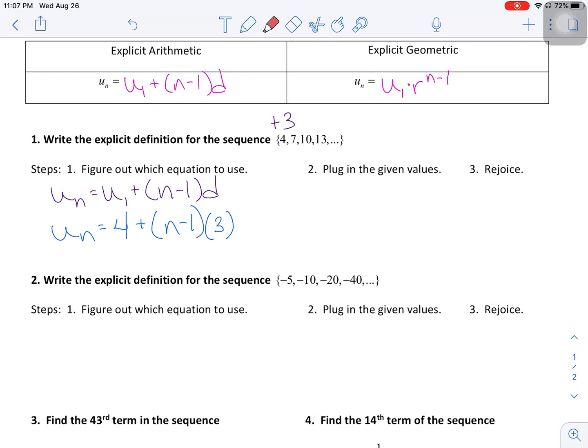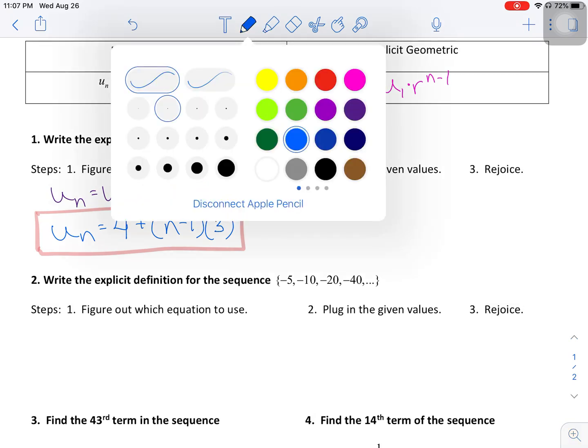Now, the step 3 here says to rejoice, so give yourself a little pat on the back. You've just written the explicit definition for that problem. So now if you want to know what the 20th term, you can use this equation. If you want to know the 2000th term, where n equals 2000, you can still use the equation. As long as you have the explicit definition, you can find any term in a sequence. All right, let's talk about